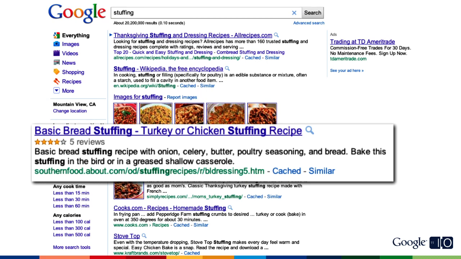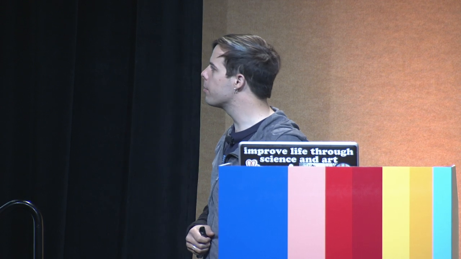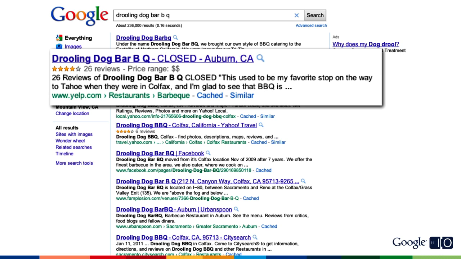You've got a rating, and we know how many reviews that rating comes from. We've also got a clear description there as well. So when the user looks and sees summary, summary, and then a rich snippet that really stands out to them. Here's another example. I did a search for drooling dog barbecue, and of course I got 26 reviews, and I